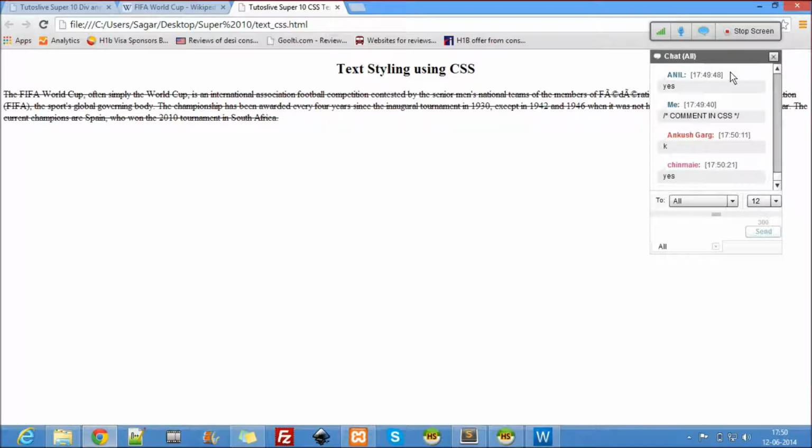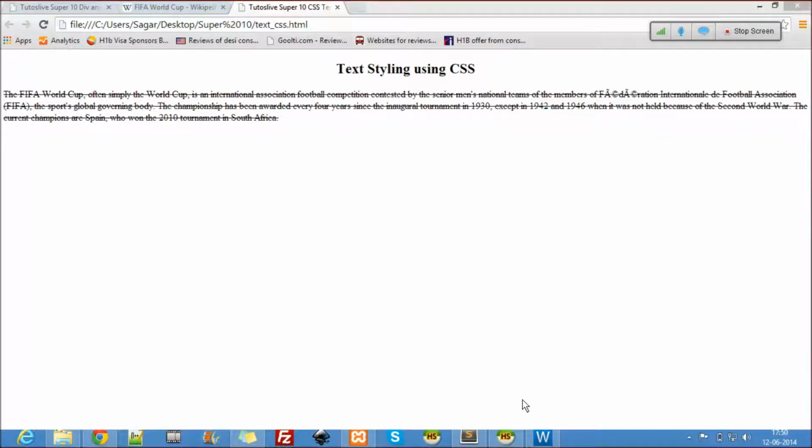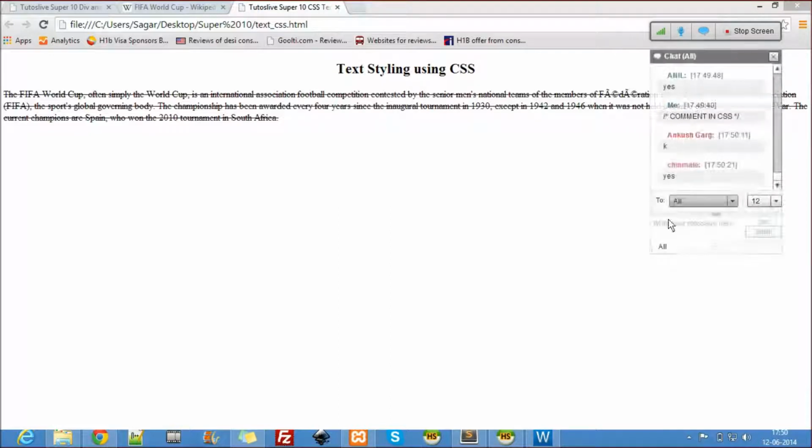You see it has been struck off entirely. So what does line through do? I told you guys about the text formatting tags, we have the ins tag. If you can remember the ins tag, it does exactly the same thing. That's the reason I told you you won't use these tags. For now just learn it. So text decoration line through.